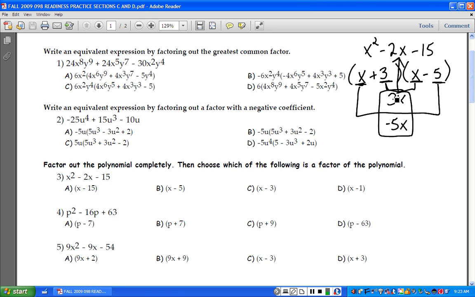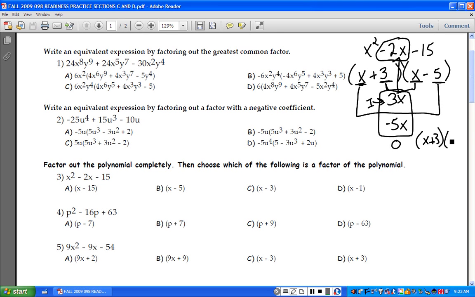So anytime our outside, which was this, and our inside, which was this, when they're combined, they should give you the middle term. And if that happens, then you know you have the right factors. If you don't get that middle term, then you would not have the right factors. Okay, so we know that the correct factors would be x plus 3